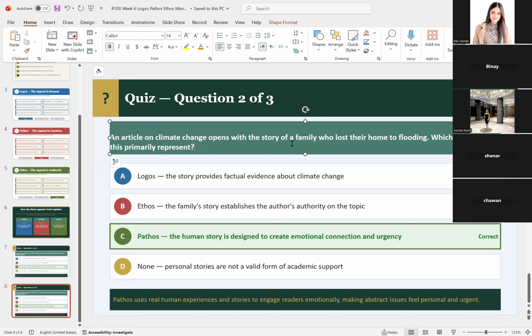So I don't know if you guys have seen sometimes when politicians or people in power are trying to sell you something, an idea, they don't just stand on facts. They have to use emotion, all right? Because emotion shows them a human connection. So that is what we call pathos.